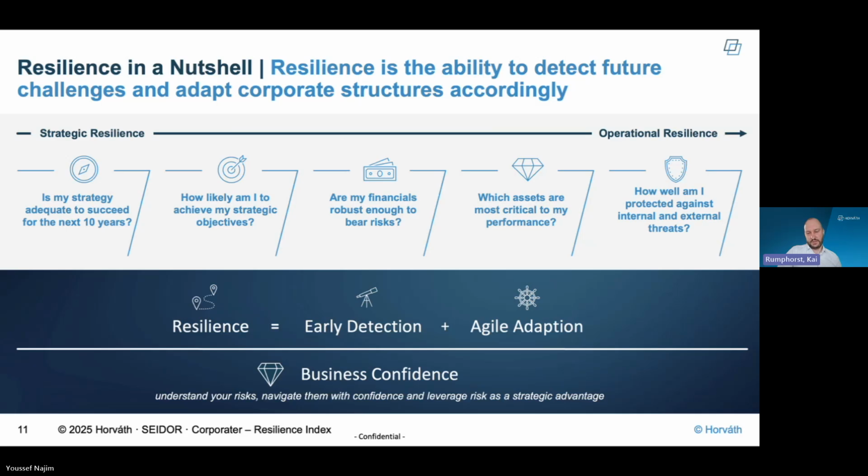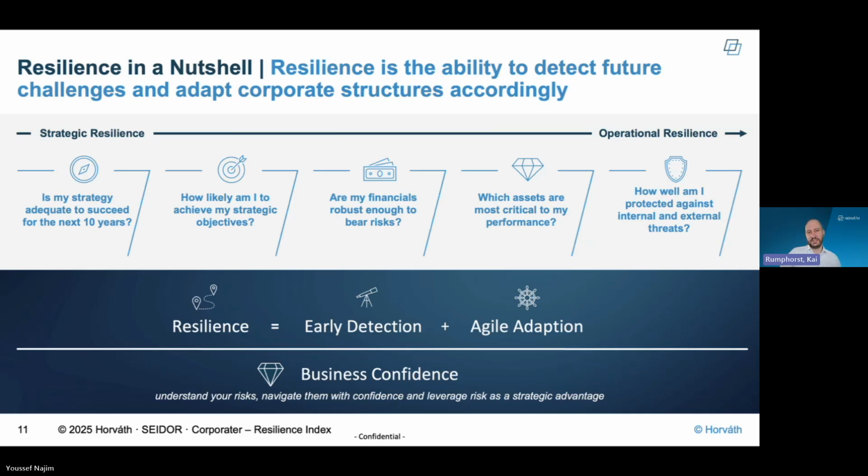This can be done by having an early detection and agile adaptation system in place. And this means that you understand your risks, that you can navigate them with confidence and leverage risk as a strategic advantage, and also include it in your strategic decision process.